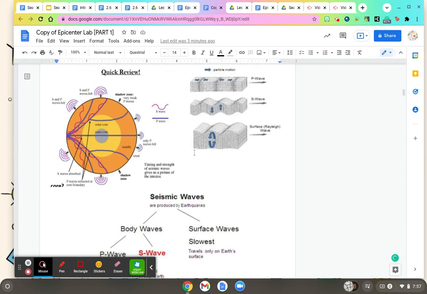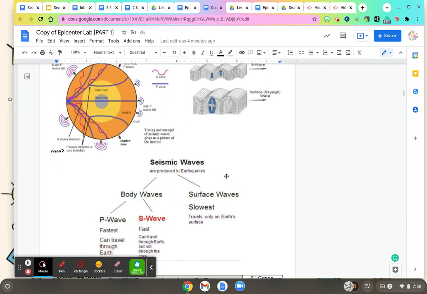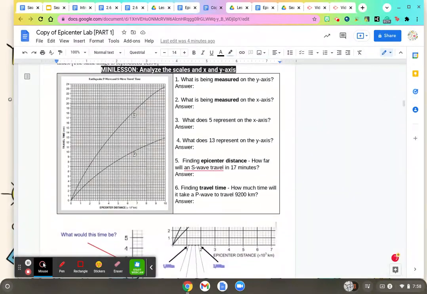This page is just review to remind you that P and S waves are earthquake waves. The P wave will always be faster and can travel through any material. S waves will be a little bit slower than the P waves, and they cannot travel through liquid. Okay, if we keep moving, this part